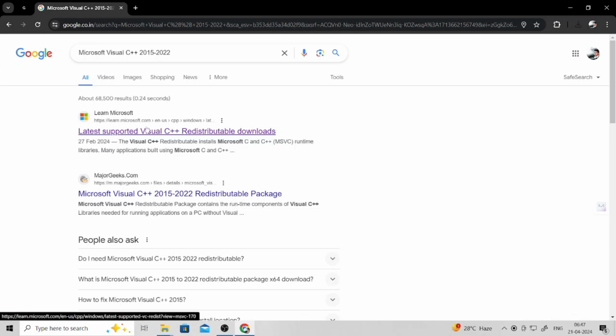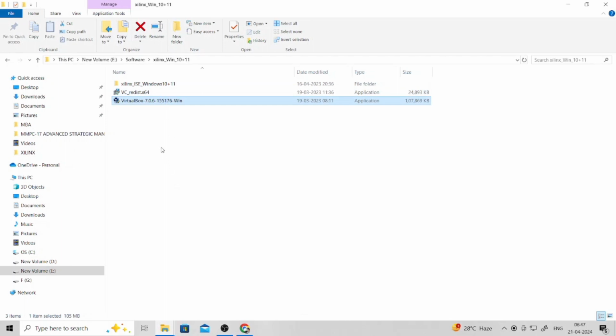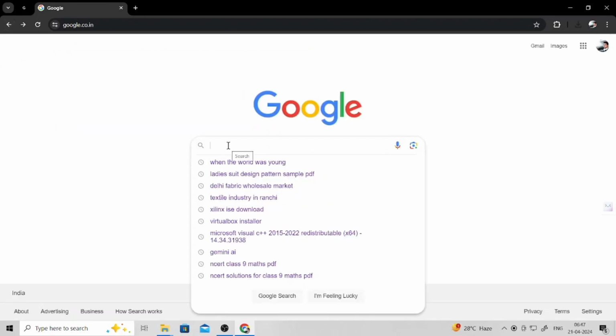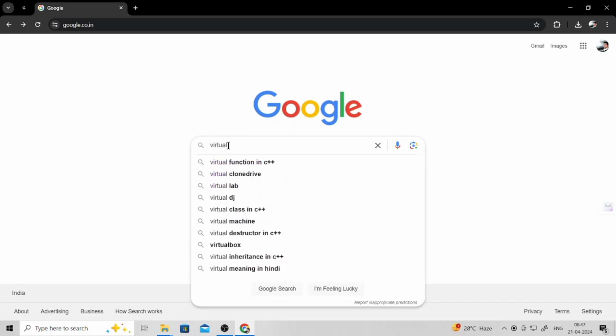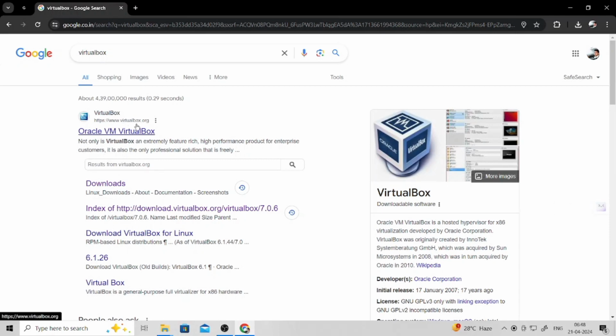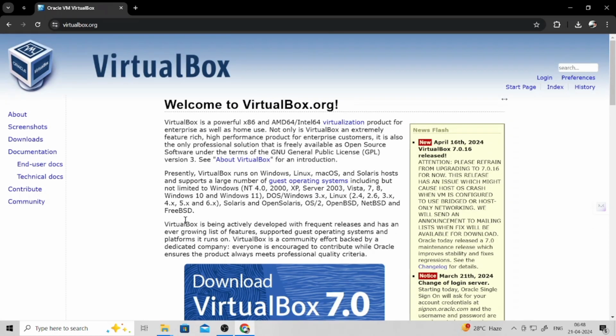The second software required is VirtualBox. What is that? For that, go to Google's search box and type in VirtualBox. Simply type VirtualBox, and the first website that comes is www.virtualbox.org. This is the Oracle virtual machine. Click on this first. As you click on this, you come to the website homepage of Oracle VirtualBox. From this website you can directly